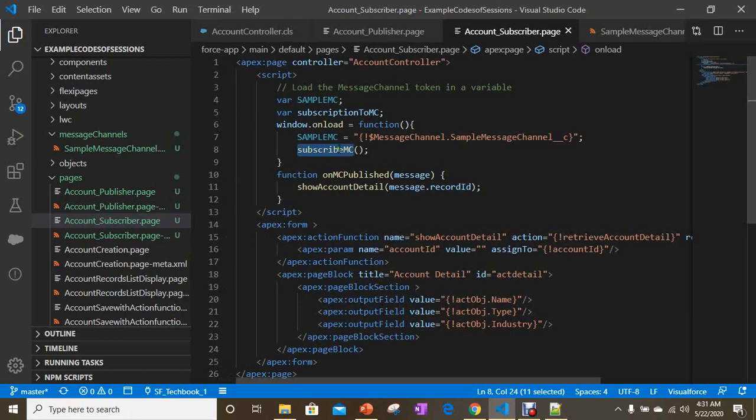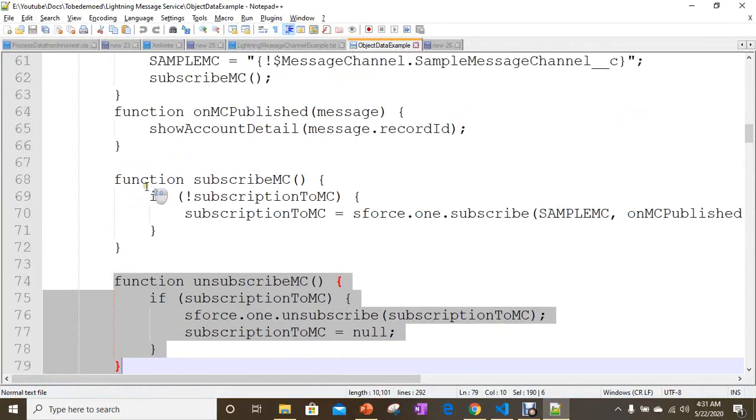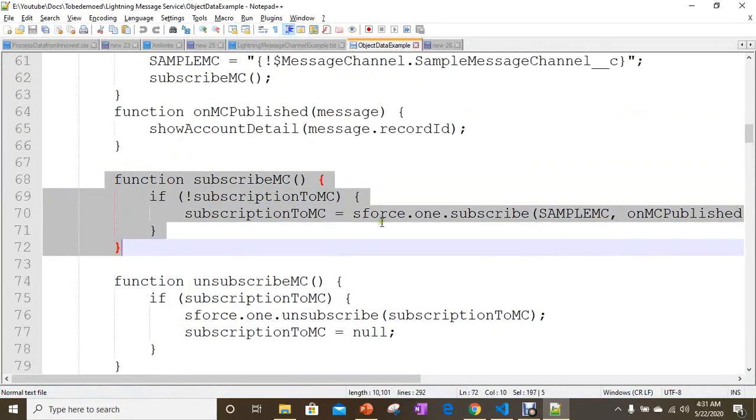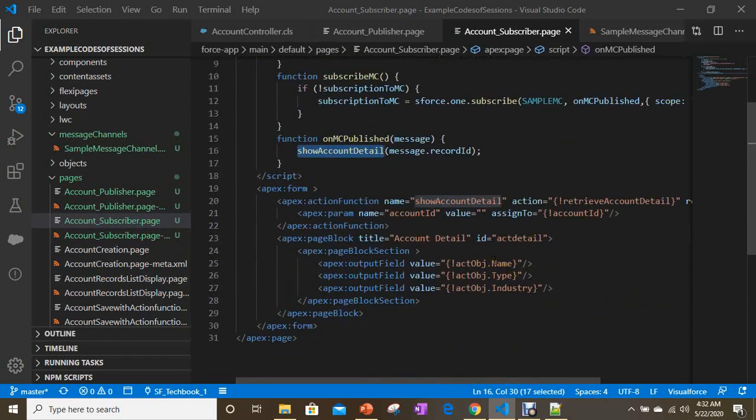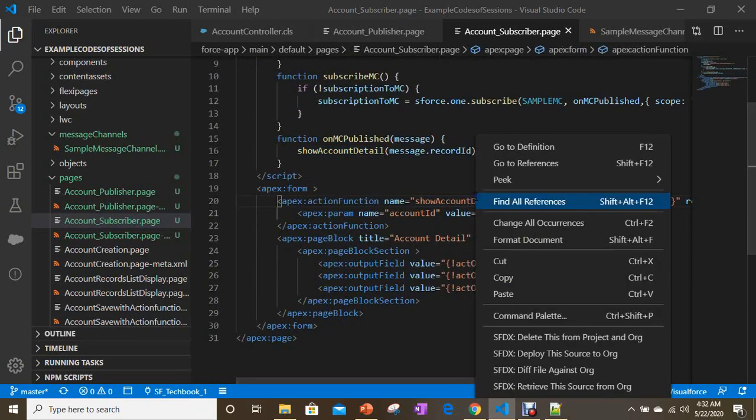So what we missed here is subscribe MC, right? Now if you see, I added the subscribe MC method here, and I am subscribing to our sample message channel, and it is going to call on MC published, and it passes this record ID with the help of this message to show account detail, and it retrieves the record details. So let's save this.